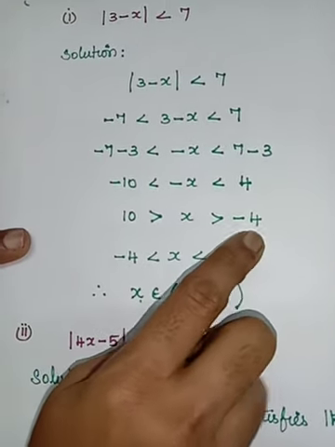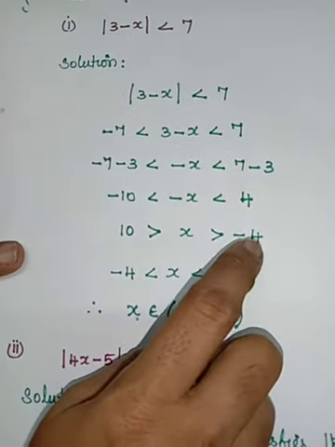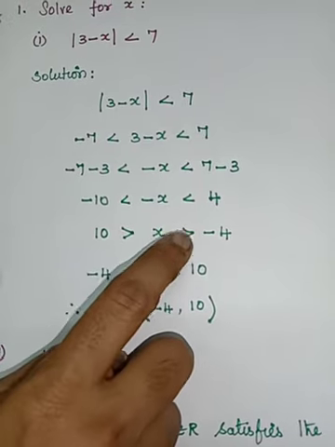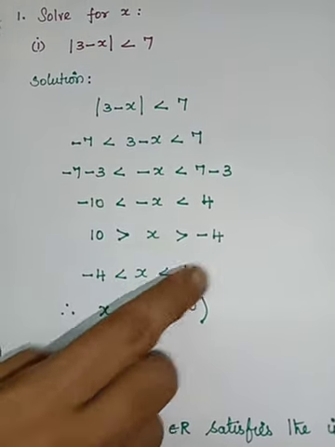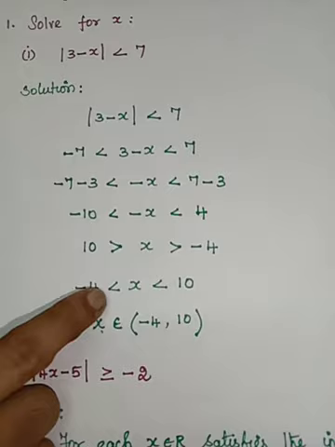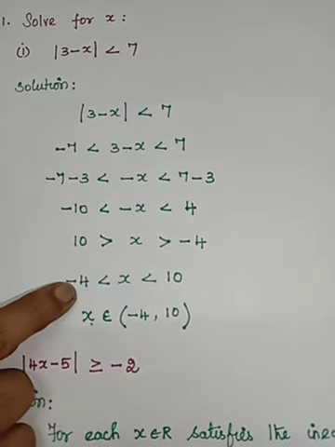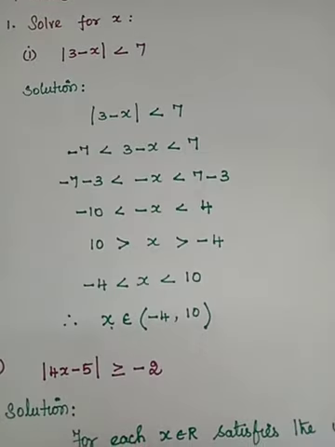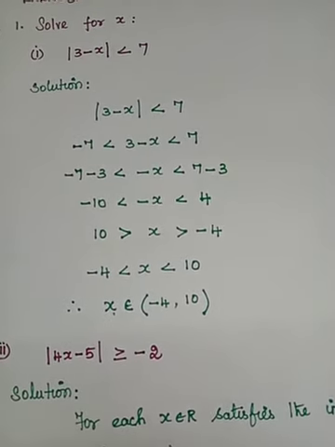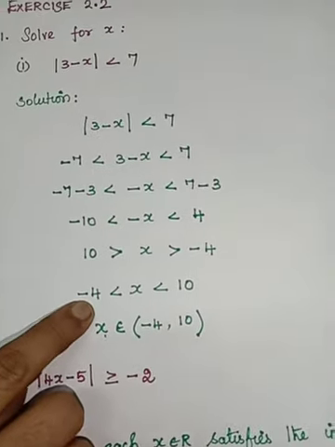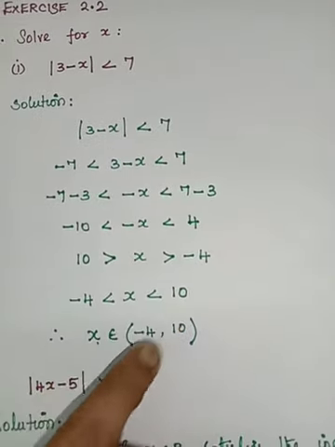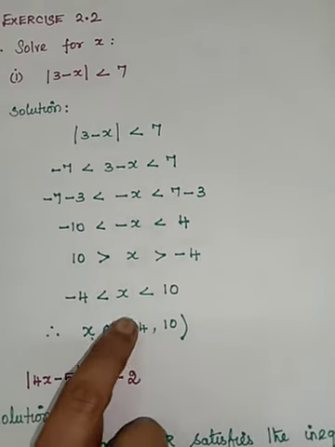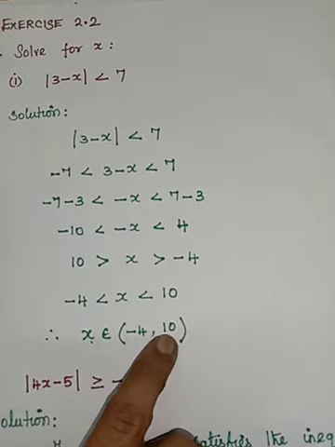Greater than minus 4. So I'll start from minus 4. Minus 4, how is it? It is smaller. So you see the sharp end is towards minus 4. So here I have written minus 4, the sharp end towards minus 4. So x less than 10. So x values vary from where to where? Minus 4 to 10. And minus 4 is not included and 10 is not included. So you have to use the symbol. Your x belongs to the open interval minus 4 to 10.